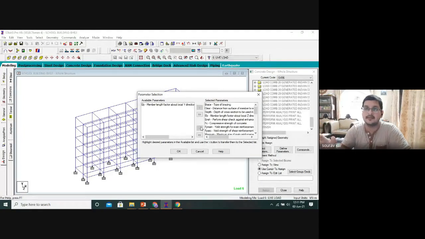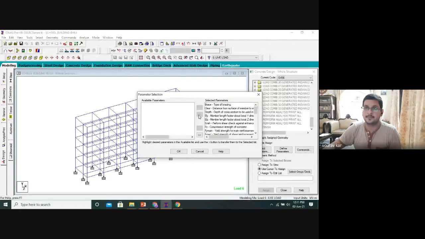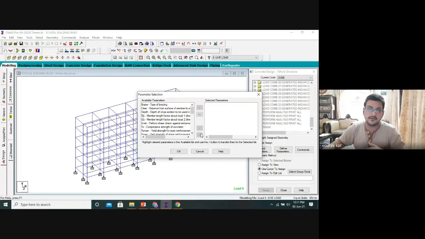Double arrow towards left means all the parameters, chosen or not chosen, will be shifted from the right box to the left box. And if I select the double arrow towards right, then all parameters will be transferred from the left box to the right. So first we will transfer all these.